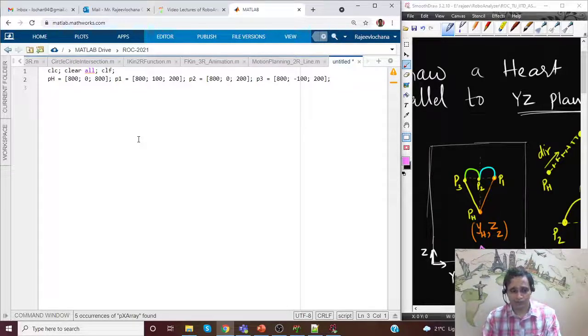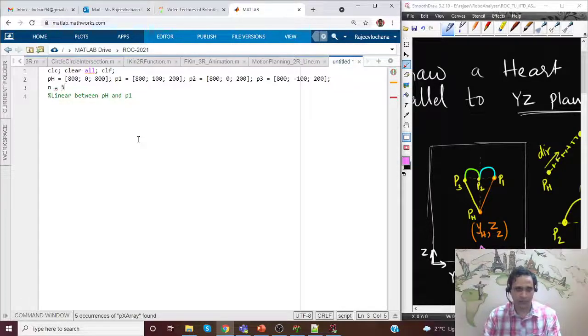So I just want to start with linear motion between PH and P1. So we want to go linearly between PH and P1, and at each step we'll try to put it. Okay, so I'll also have n, which is the number of steps in each of these.